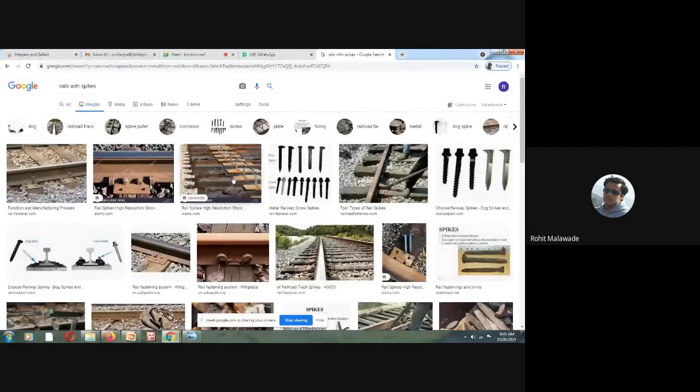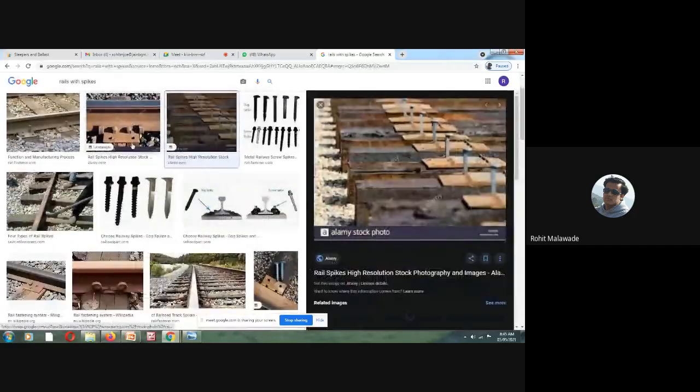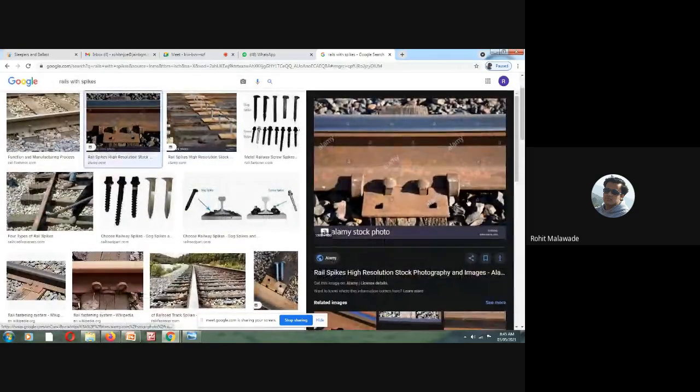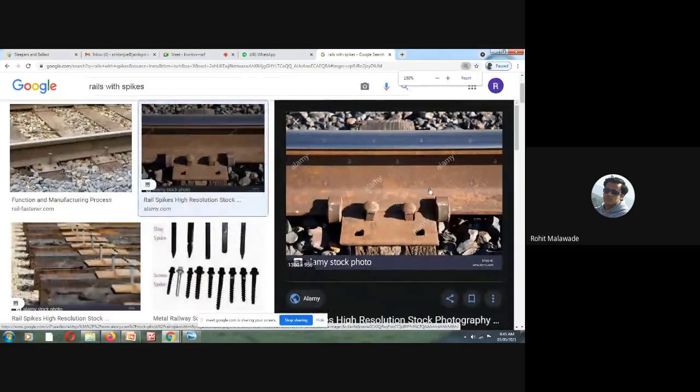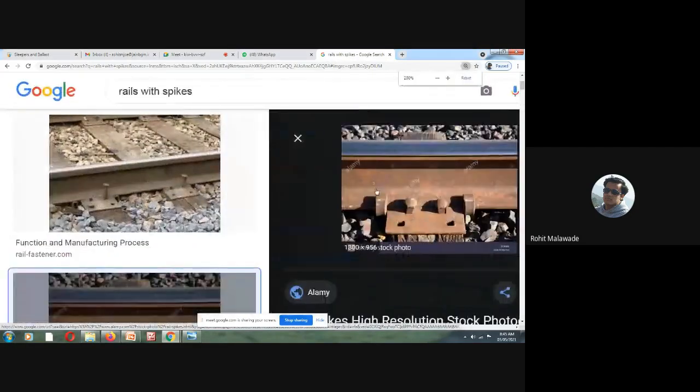Right, I was telling that here you can see the rail. In this particular diagram, you can see the rail which is connected directly to the sleeper. Here you can see there is a wooden sleeper, right? It is going to be connected by these spikes. They have used a bearing plate, and through this bearing plate they have added these spikes into the wooden sleeper. So this is what I was speaking about.